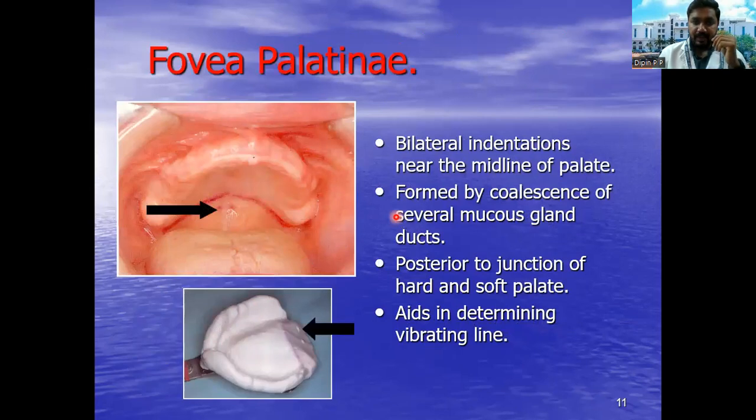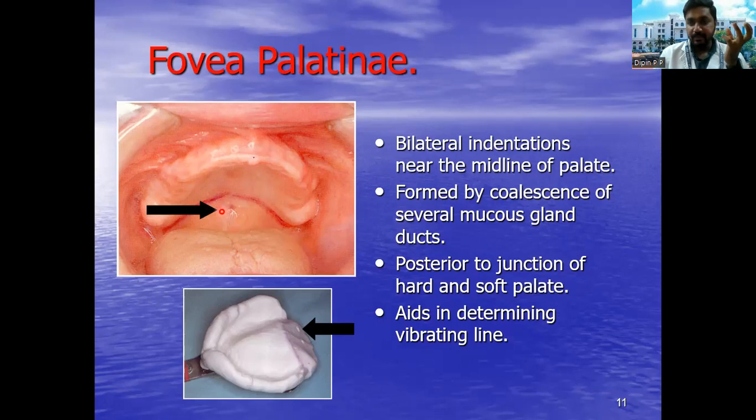Then the fovea palatina. The fovea palatinae are bilateral indentations located near the midline of the palate, formed by the coalescence of several mucous gland ducts. These are the mucous gland ducts which are present in the oral cavity, located posterior to the junction of hard and soft palate, and they aid in determining the vibrating line. So the fovea palatinae,